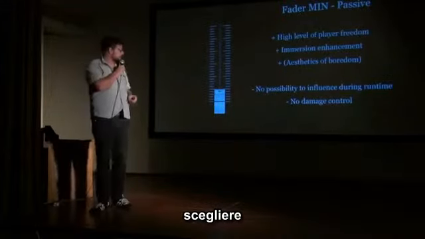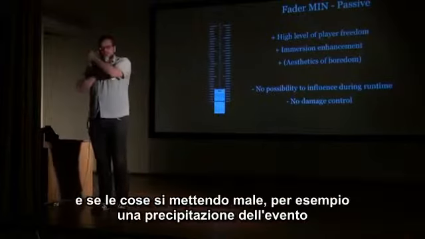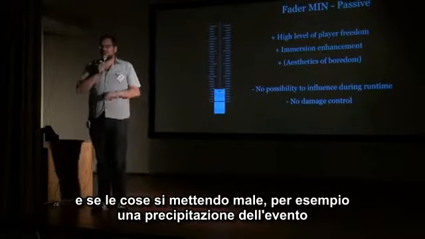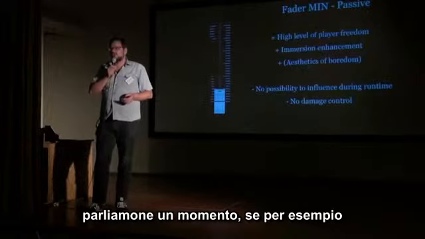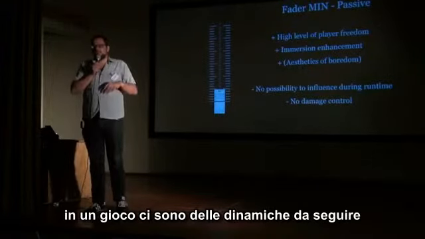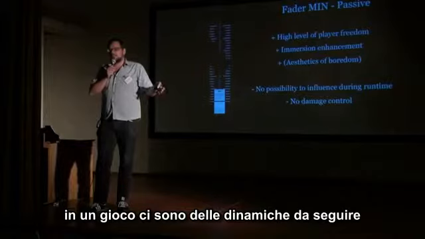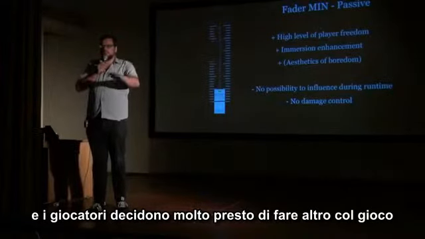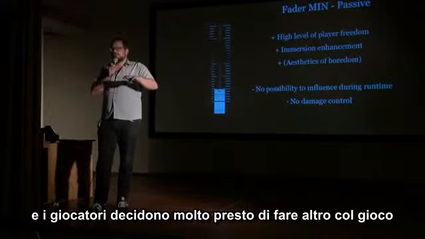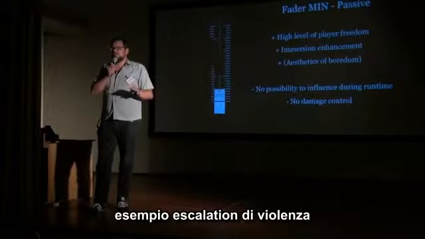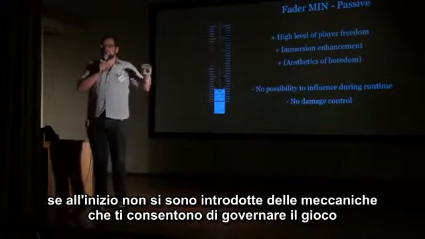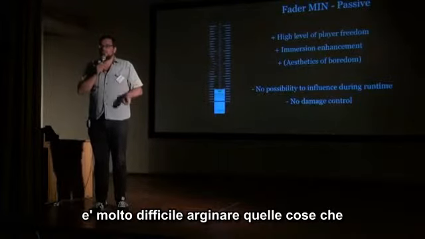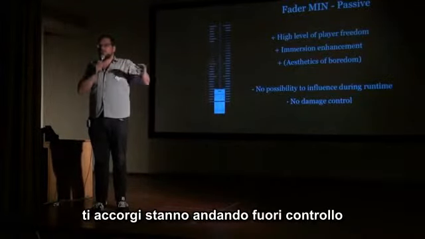and giving people the ability to interact. And also if really bad stuff is happening, for example, escalation of game mechanics, we talked a little bit about this. For example, in the capo game where three people had to put hands on shoulders, and early on the players decide that that is not working and they're going to do something else, then if you have not introduced that you will step into the game, it's very difficult to correct things that you know will escalate out of control.